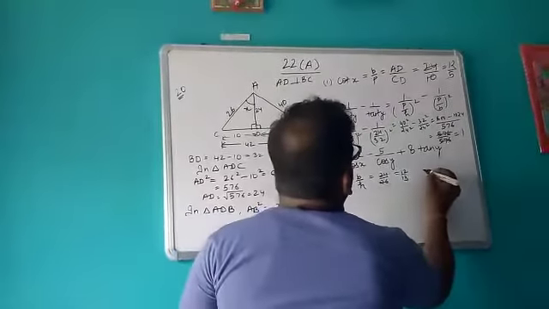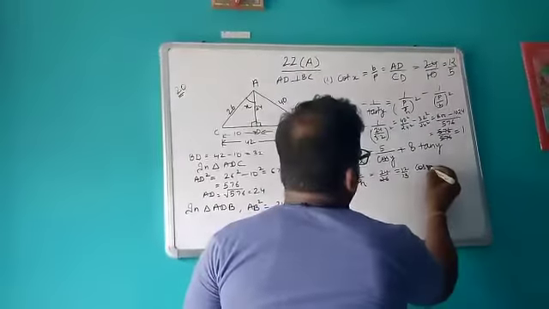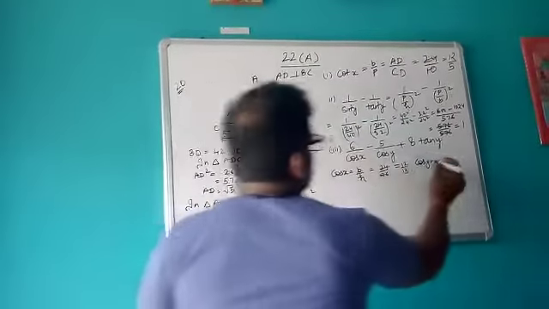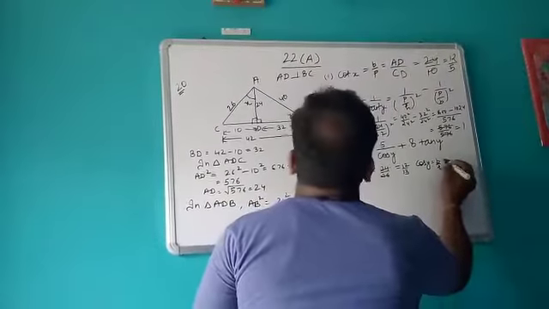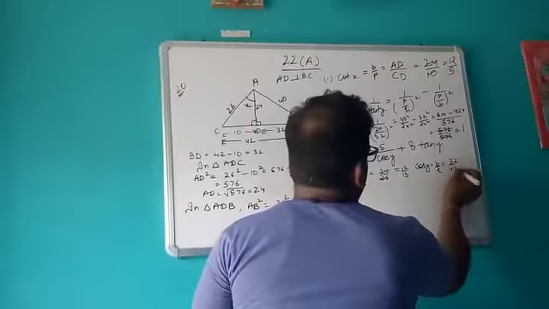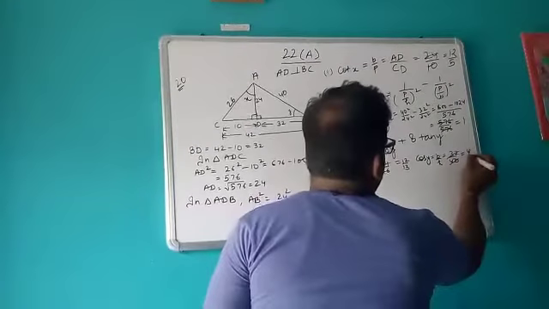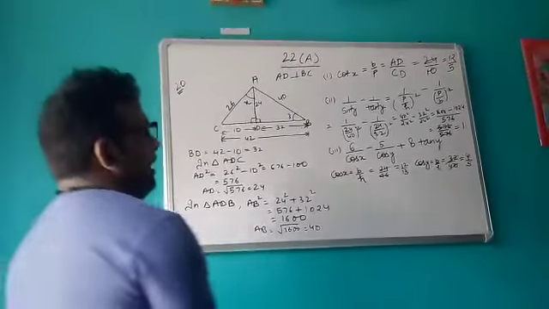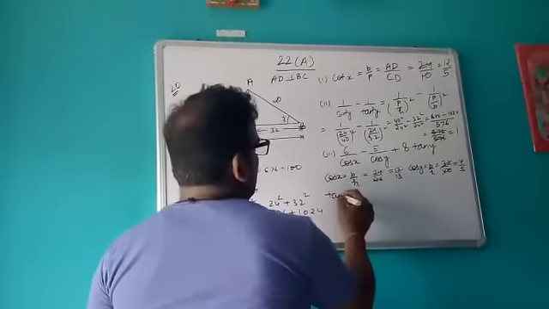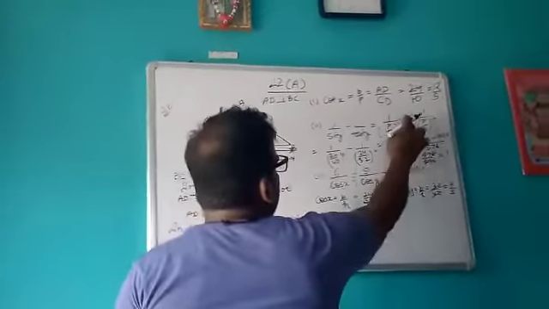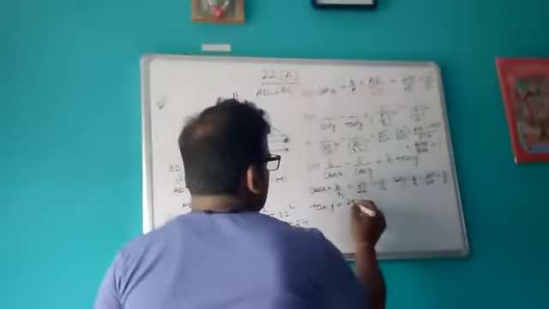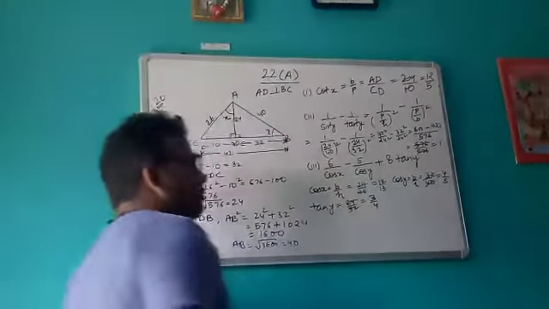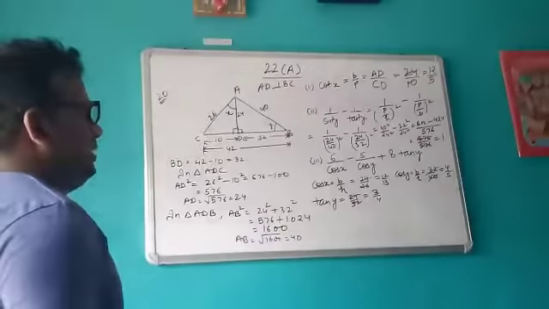Then we will find the value of cos of y. So what is cos of y now? This is base 32 and h is 40. So it is 4 upon 5. Then what do we need? Tan y. So tan y we have just found here. It was 24 upon 32, that is 3 upon 4. Okay, so all the trigonometric values we have found.